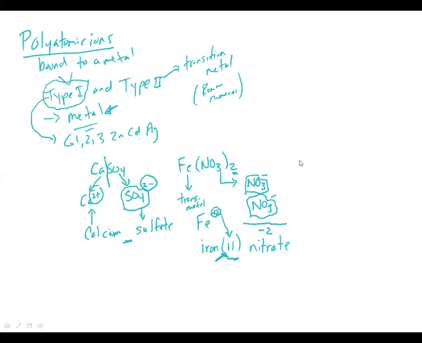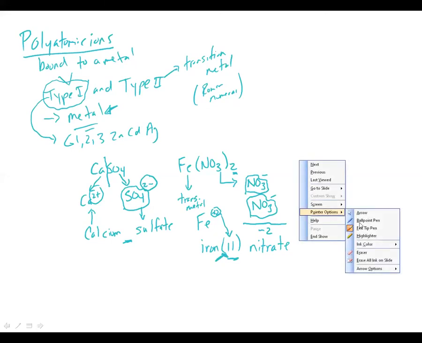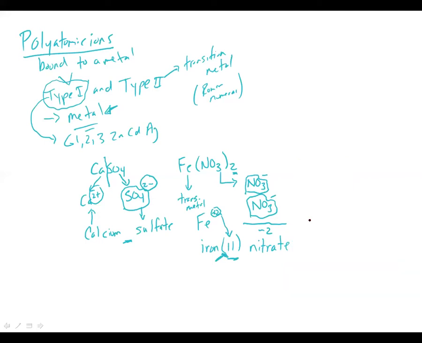So what's important when we deal with these polyatomic ions and put them together for our formulas is, as we can see here, when we take something like iron with a +2 charge and our nitrate with a -1 charge, just like an ionic compound, we want to make sure that it is equal to 0. So this does mean, as we can see in the formula to the left, that we need not one of these nitrates, but 2. So when we put them together